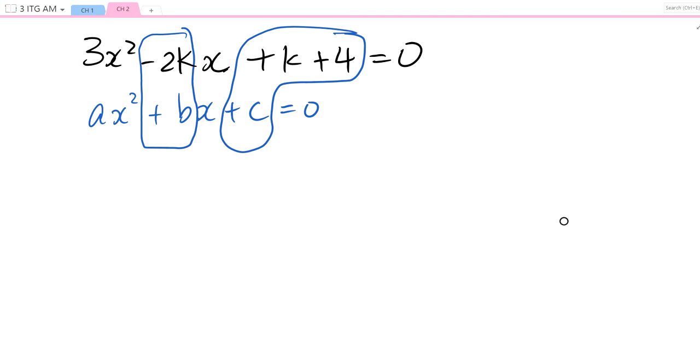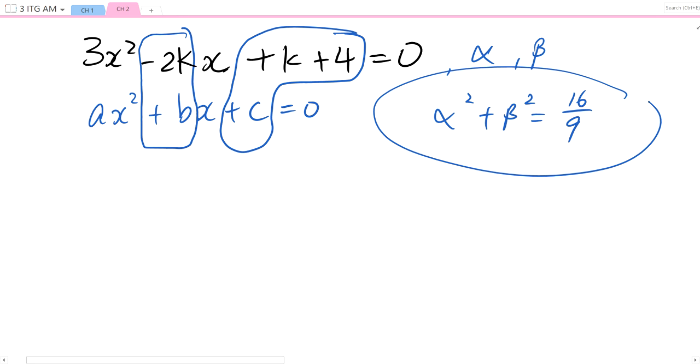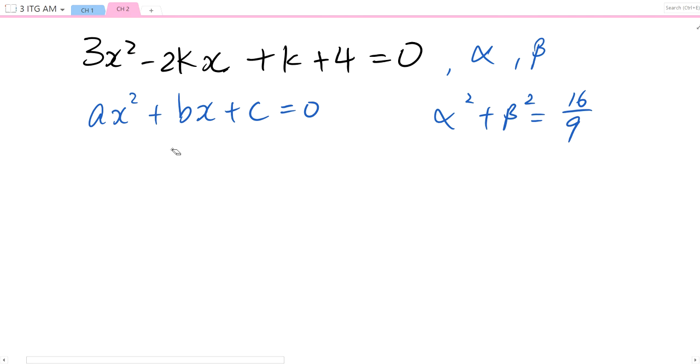The roots are alpha and beta. Then they also tell us that alpha squared plus beta squared is 16 over 9. What do you think we can do with all the information we have so far? This is a sum and product of roots question. First thing you should do is